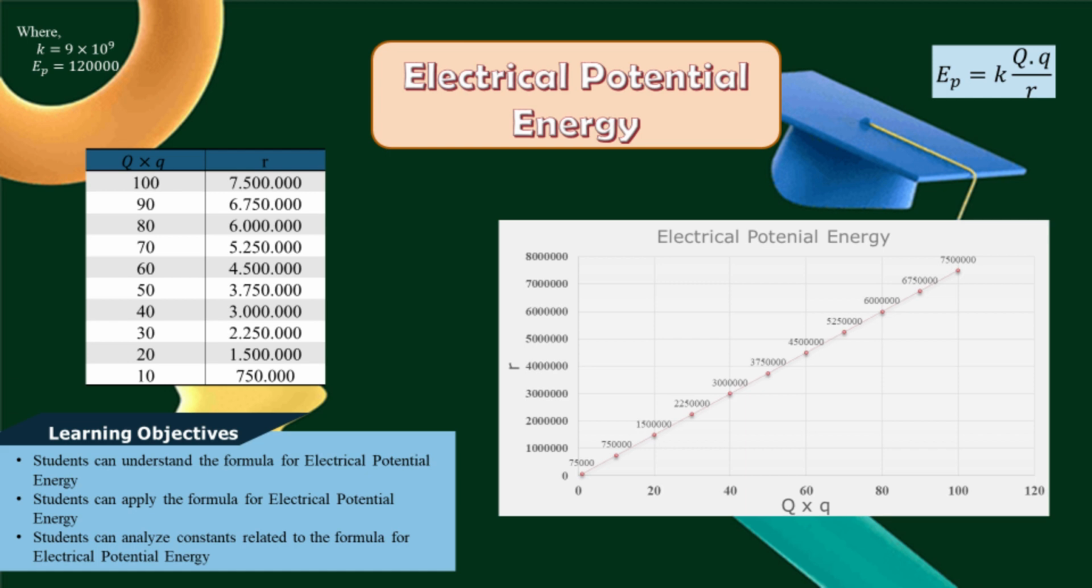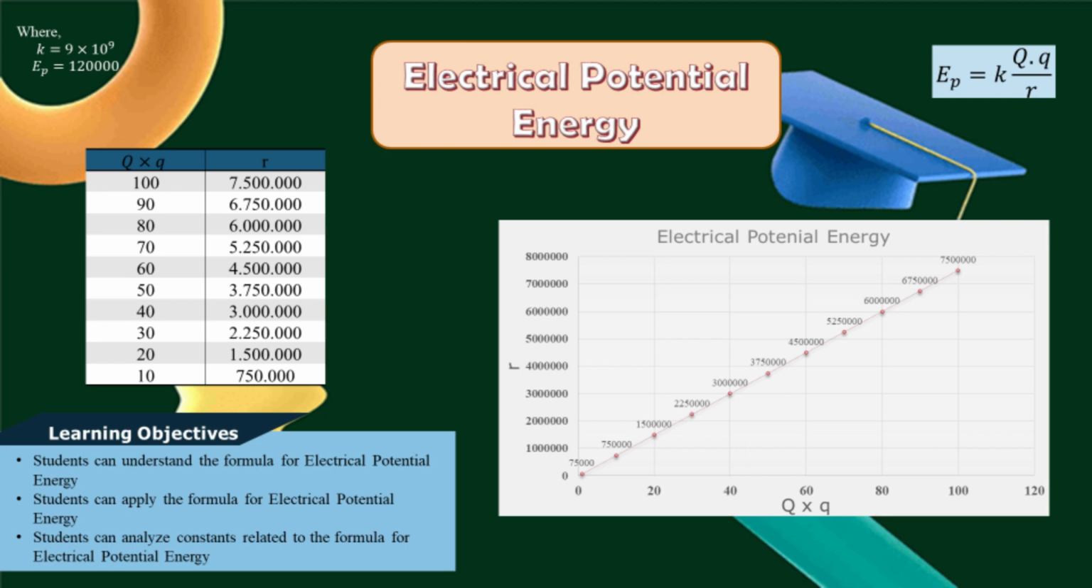Electrical potential energy. If we make it into a formula, we have EP equal to K times big Q times small q divided by R. We have K equal to 9 times 10 to the power of 9 and EP equal to 120,000. If we make it into a table of the range where big Q times small q is 100, and we put it into the formula and use mathematics, we have R equal to